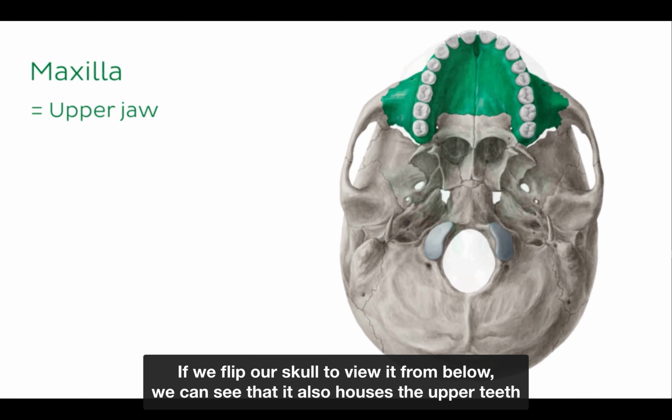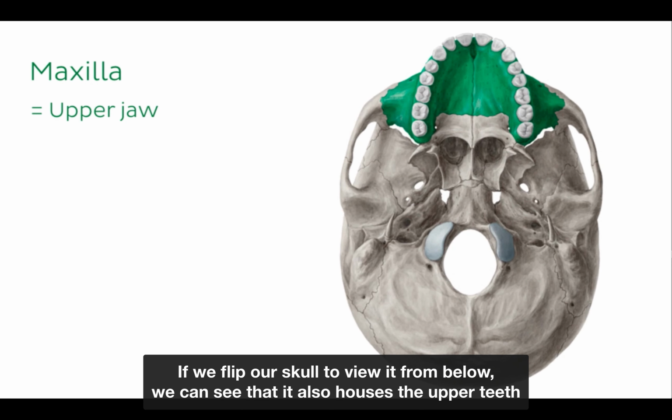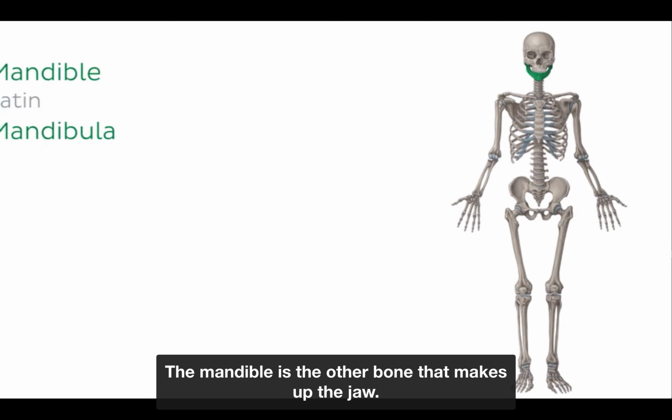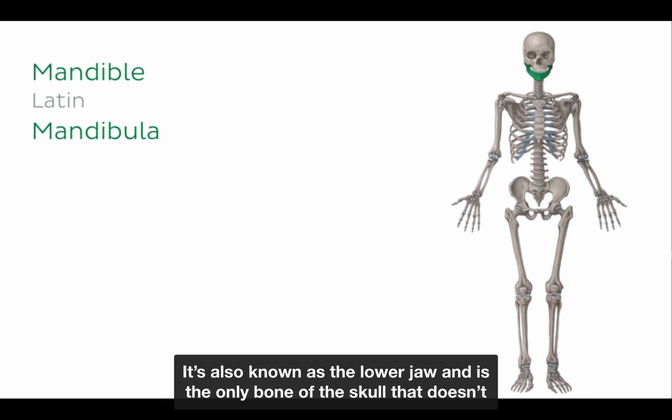If we flip our skull to view it from below, we can see that it also houses the upper teeth, and therefore plays an important role in mastication and communication. The mandible is the other bone that makes up the jaw. It's also known as the lower jaw and is the only bone of the skull that doesn't articulate with other